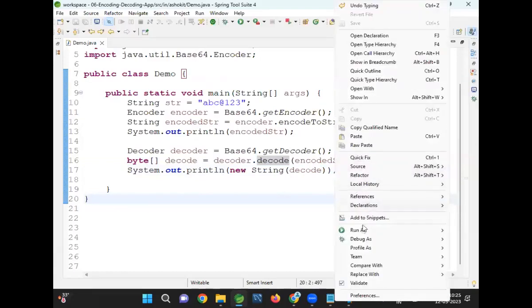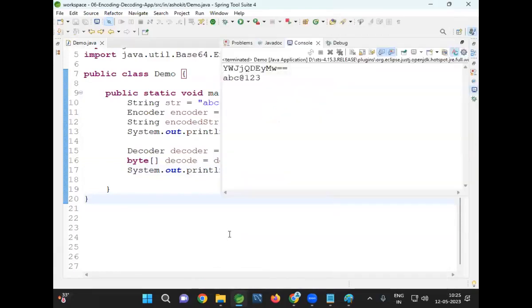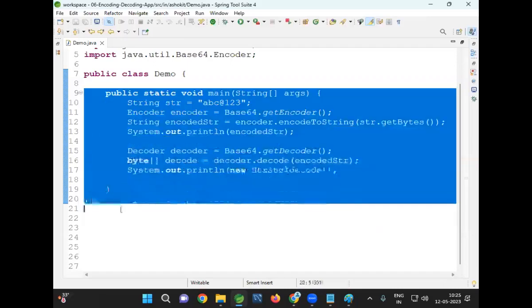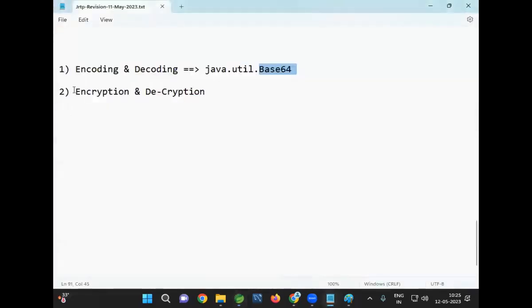This is just encoding and decoding. Encryption, decryption is different. Encoding, decoding is different. Here I have implemented encoding and decoding. Are you clear with this? Right. Next one, encryption and decryption is available. So what is encryption? Encryption, right, it is used to convert